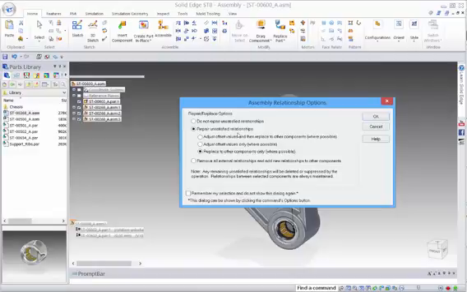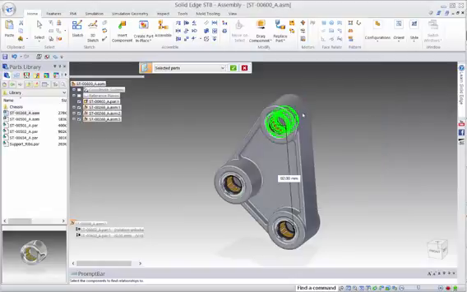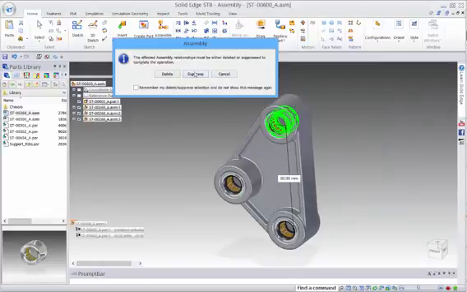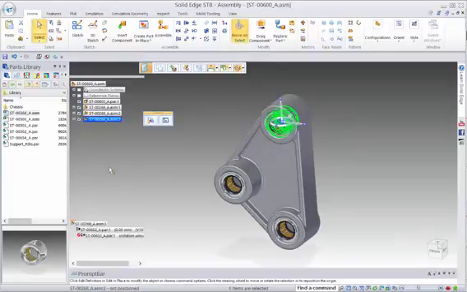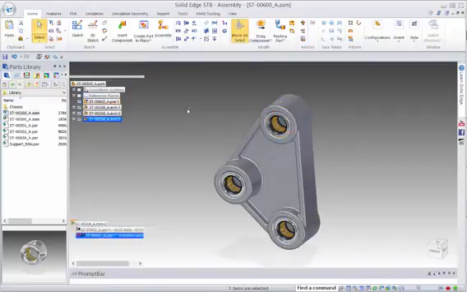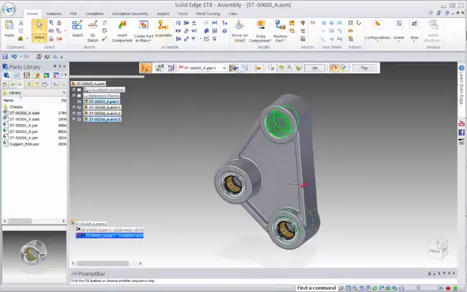This is intelligent, telling us that we need to manage the relationships that were on the original one. So what we're going to do is just replace where possible and accept that, and we'll suppress this final one. If we click on here, we can see that the axial line was suppressed. We can then quickly come back in here, and for our plane here we can just define the axis, and